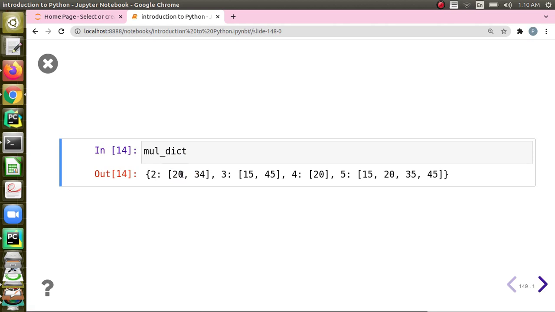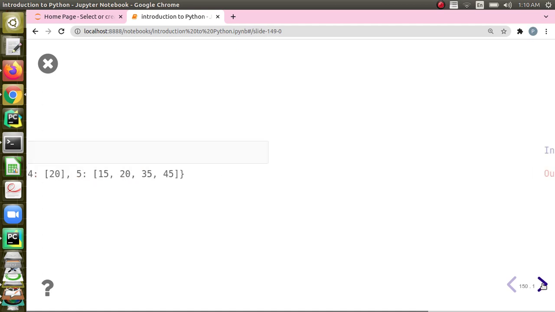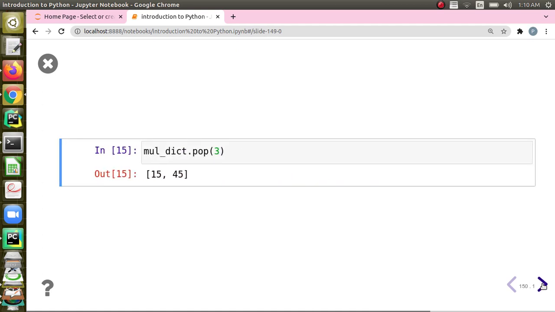That is, 2 has its multiples as 20, 34. And for 3 we have 15, 45, for 4 we have 20, for 5 we have these numbers. And if you call pop of a particular key, that value will be printed. The difference between del and pop is that del will just remove it, while pop will return the value also.